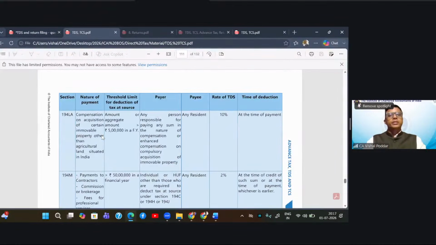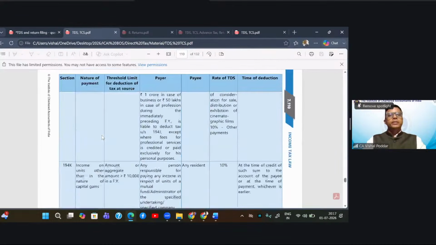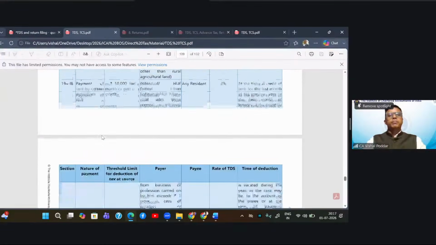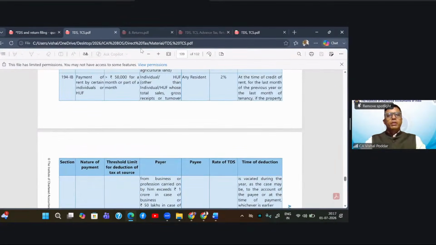We discussed this at the start. Then I revised it in between when I explained the difference between the regular and special section. Now what is applicable to our students is 194-IB, because the payer is an individual and not having business